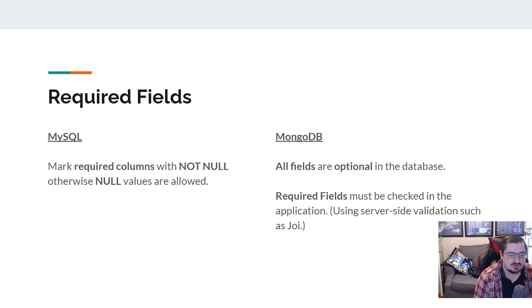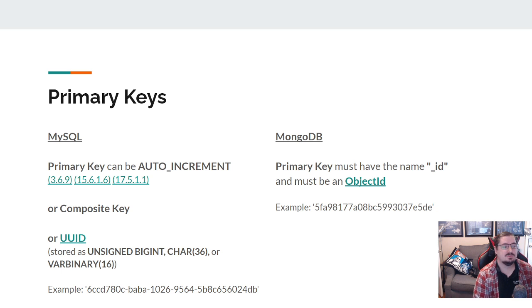So that's just something you have to be aware of. You can't just rely on your database to check if the field's required. You have to implement that yourself. But we should be implementing that anyway, so no big deal. As long as we've got server-side validation coming with Joi, most of that stuff we've taken care of. Working with primary keys,